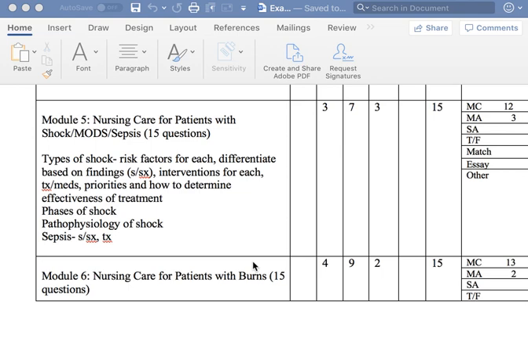Delegation for meningitis is not really listed anywhere. Think about things that you could do. So if you have a patient, what can a UAP do? What can an LPN do? So you think about the care that you're